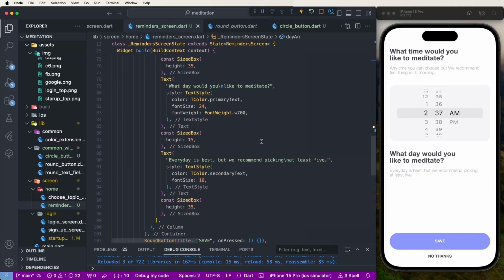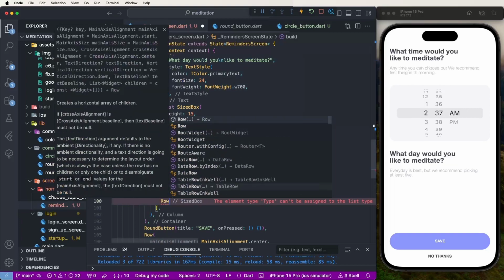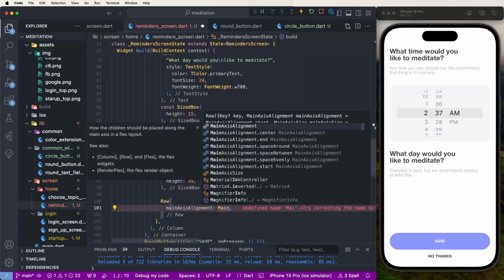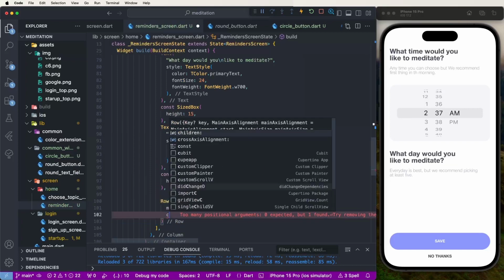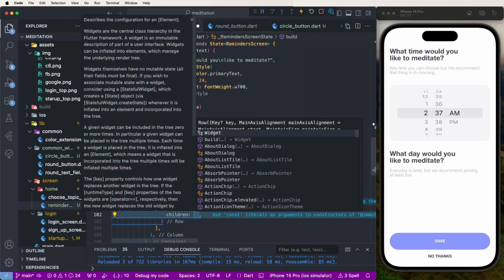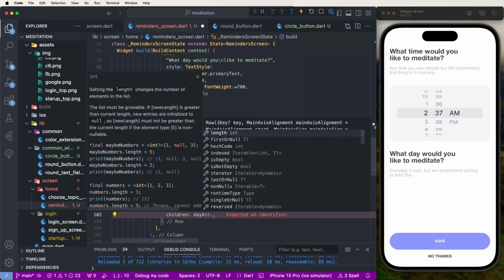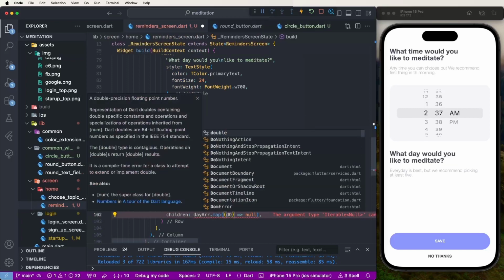First of all give this the width space 35, already set here. Now we need to create the row, and set the main axis alignment to space between, and after that we need to set the children, and give this the day array, and give it the map, and set the day object,